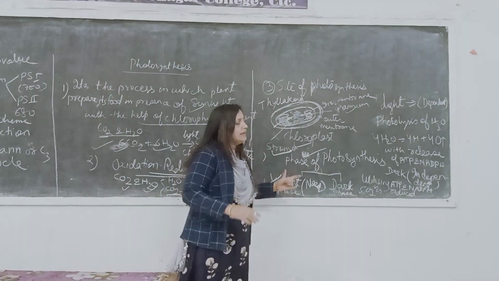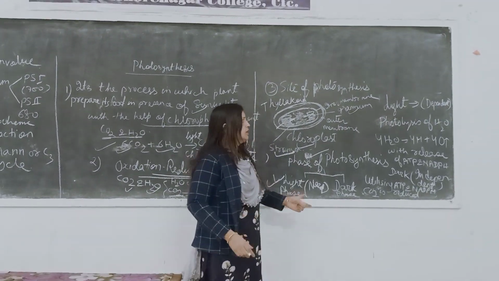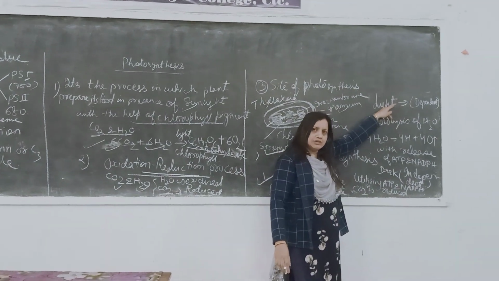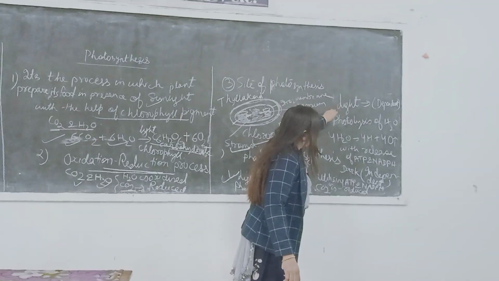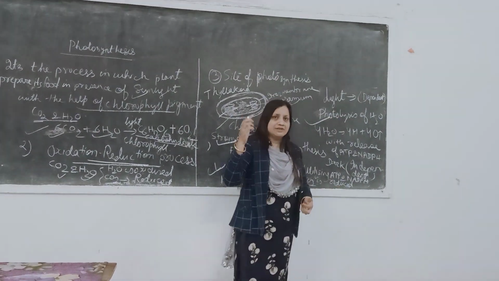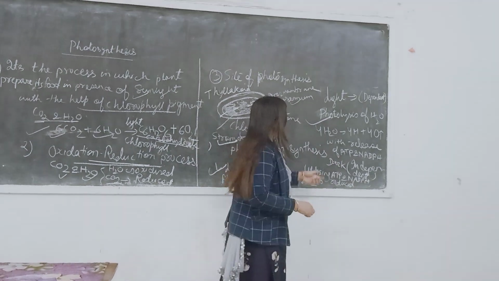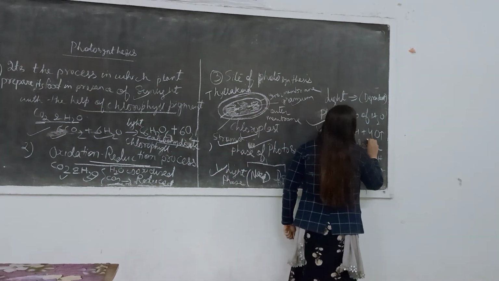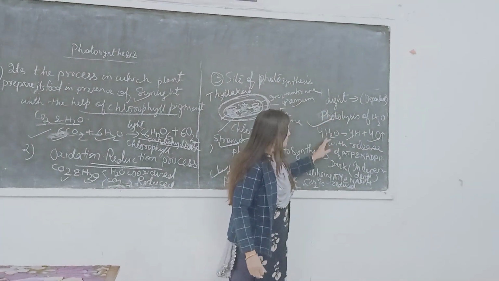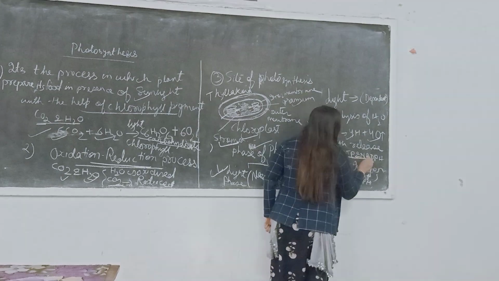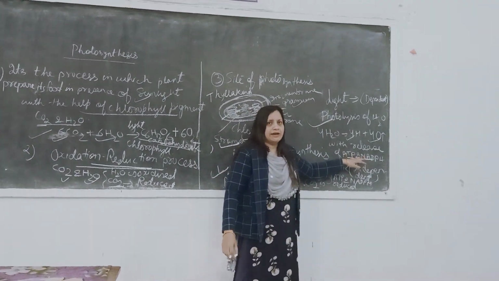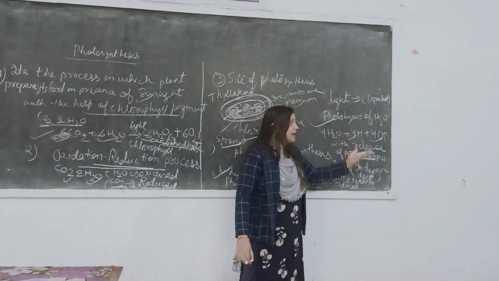What happens in light? The light reactions happen in the daytime, when it depends on light, so it happens mostly in the daytime. At that time the photolysis of water happens, which means water in the presence of light is broken down and releases 4 protons, and oxygen is released in this process. Also ATP and NADPH are formed in these light reactions. They are the two energy currencies of the cell, and they are required in the process of dark reaction.